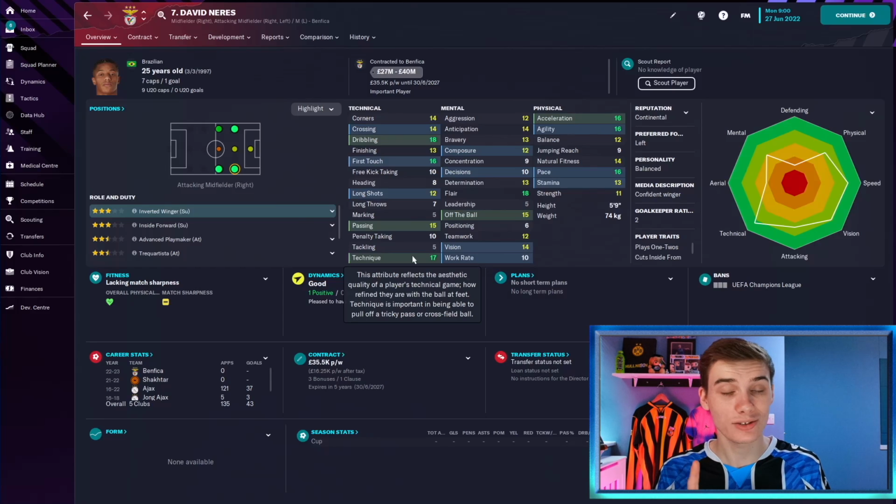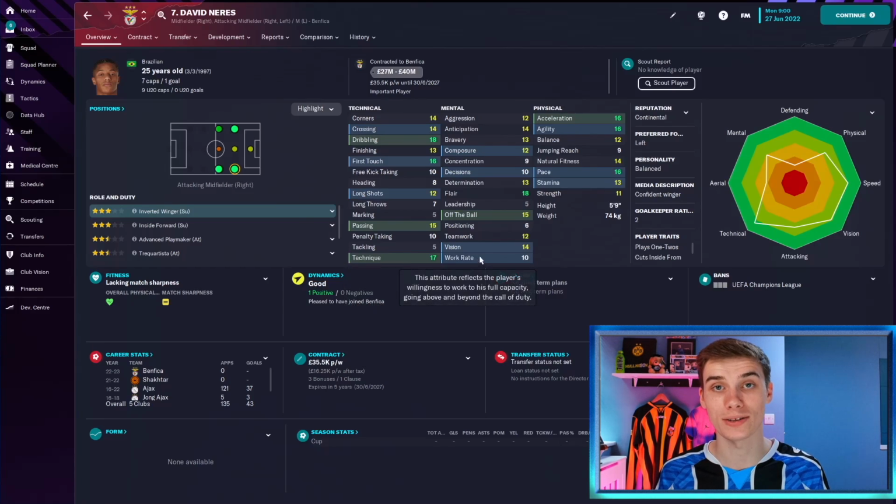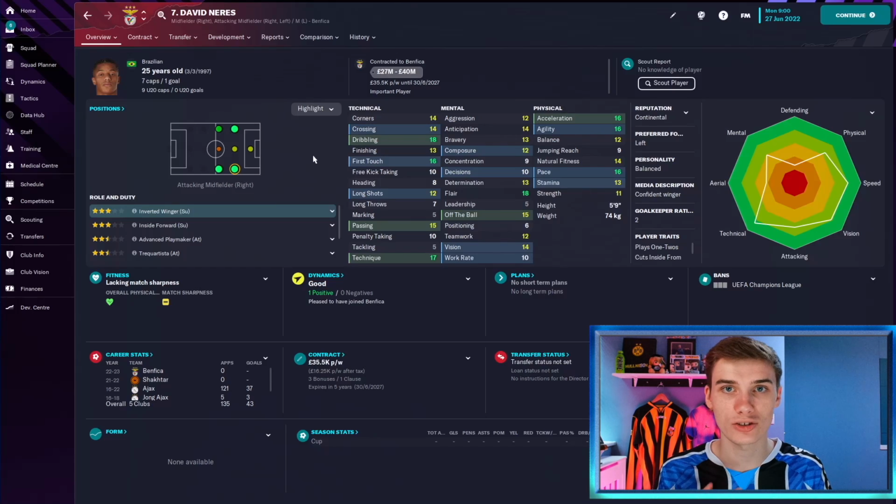Now, David Neres is not injury prone and he's actually pretty decent in important matches, but when it comes to his consistency, he only has a rating of 8 out of 20. Now, that is particularly low when we're talking about a player playing in a Champions League side. If you don't know about consistency, a lot of people think it doesn't make a big difference, but I've explained it before. But just to let you know, when a player has high consistency, it doesn't mean that he'll be better more often. It just means that he will play to the attributes that you see on screen on a regular basis,